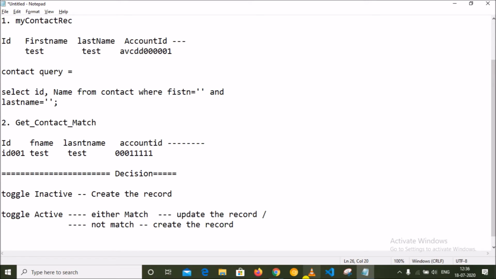So if it is a match, just update the record. If not match, then create the record. Okay, so we'll write the decision in the same process.